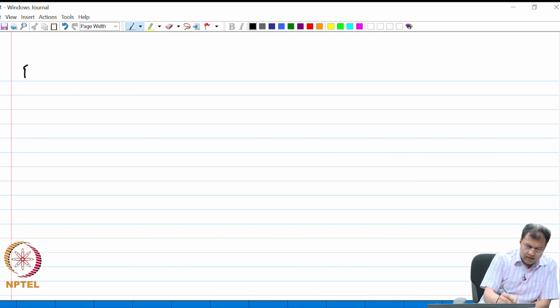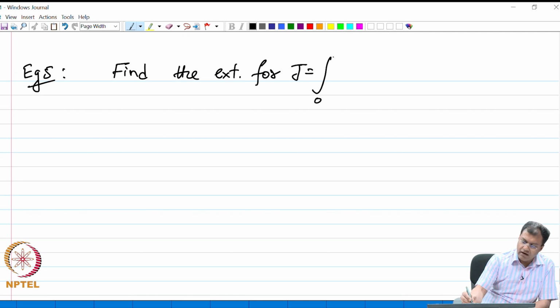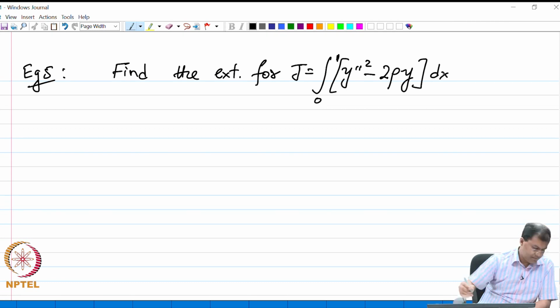So, let us look at this particular example. I am given a functional and I am asked to find the extremal for J, which is given by the integral from 0 to 1 of y double prime squared minus 2 rho y dx, where rho is a constant,